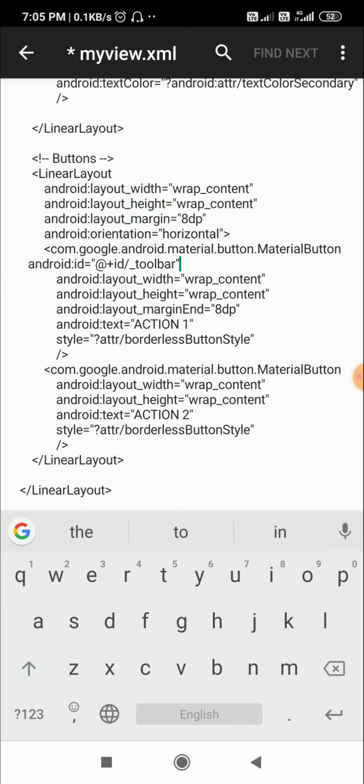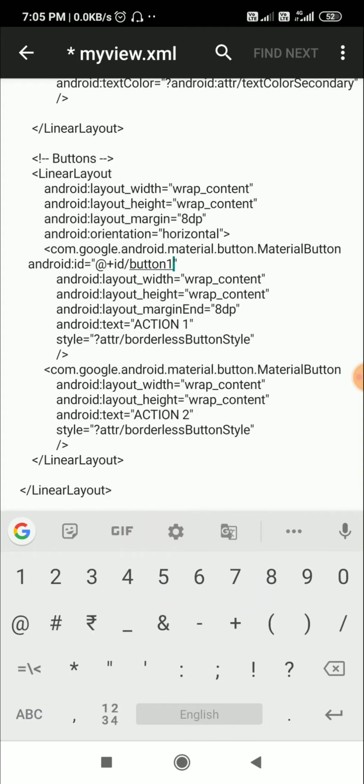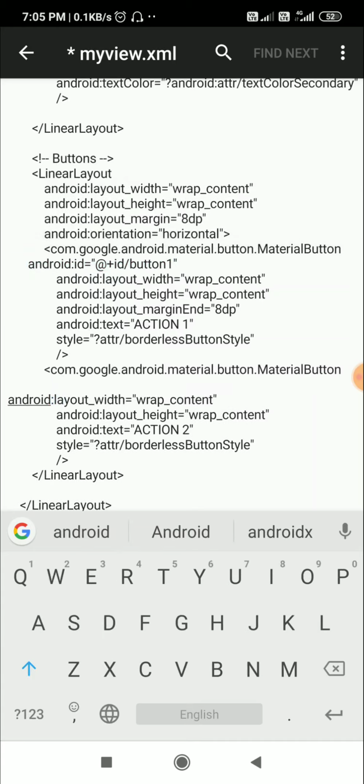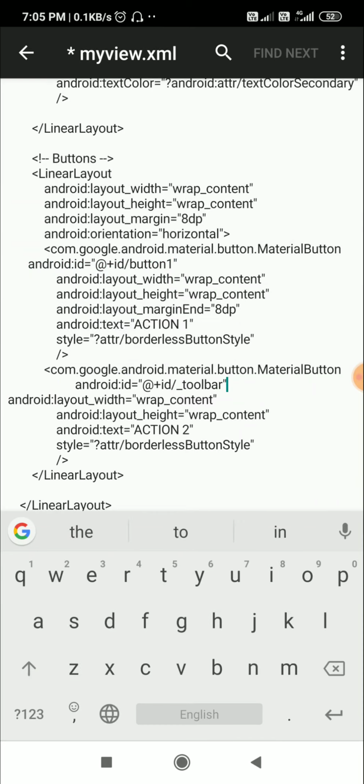android:id equal to @+id/button1. And similarly for this second button, I will add ID button2.